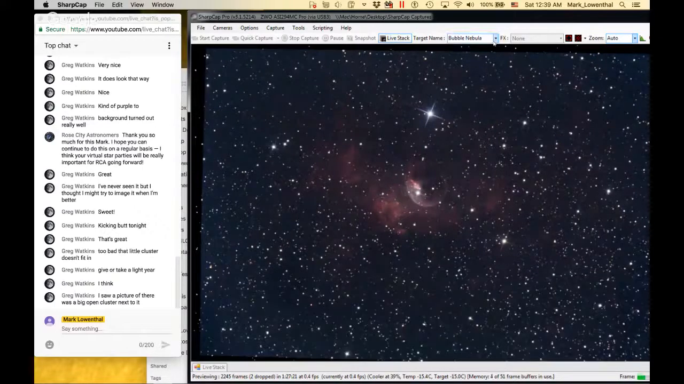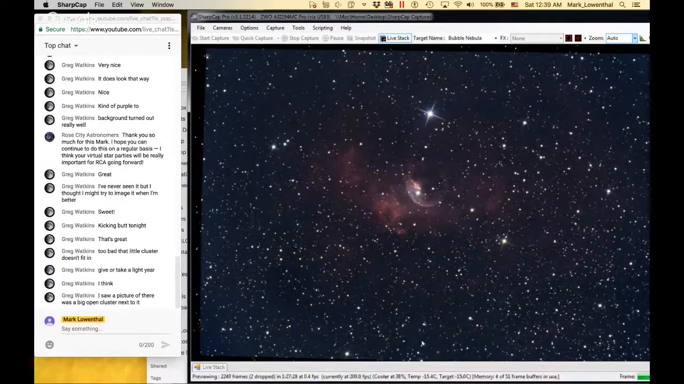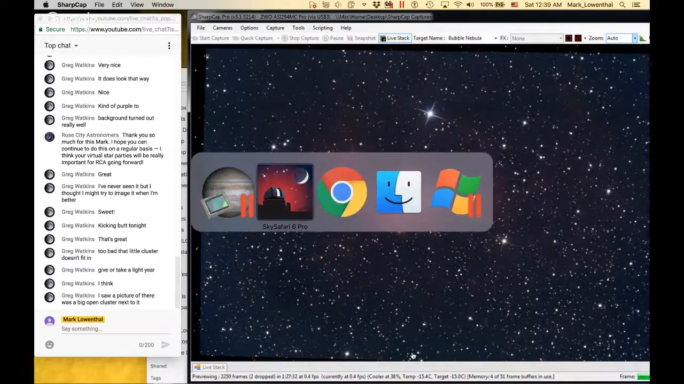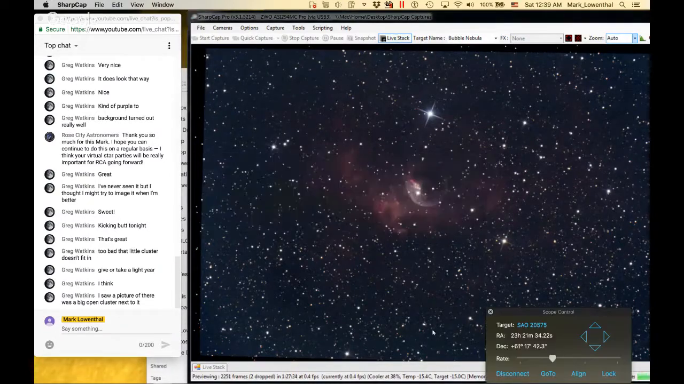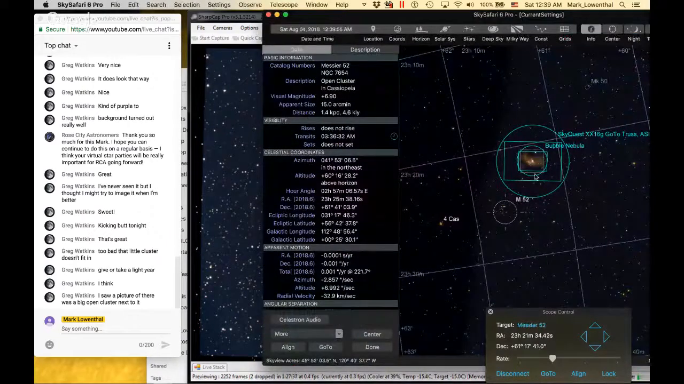Yeah, you know what? I'm almost positive that's M52. M52 is just down there. It's a cluster. It's just below. Yeah, see right here, there's M52. So there's the bubble, and so yeah, with a wider field, that's